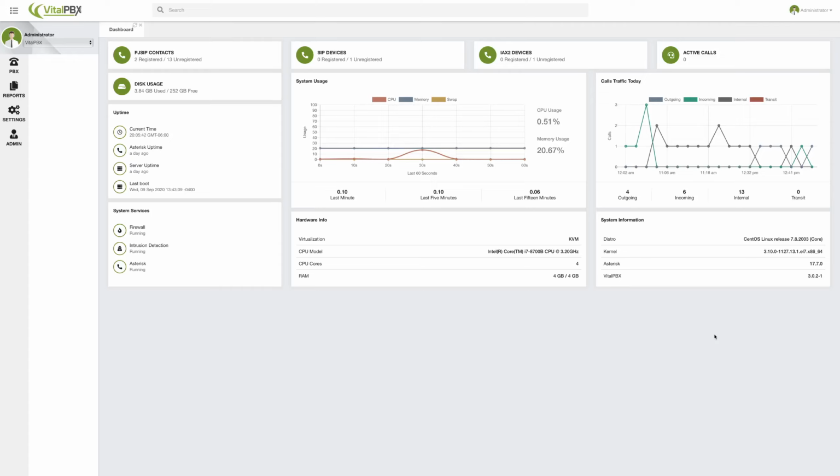So additionally to the VitalPBX core application, we also produce additional applications that can expand the functionality and the feature set that VitalPBX has to offer. We have already seen quite a few of them through the different add-ons that we can have in VitalPBX. But we also have a set of applications that we consider external applications because they basically also run on their